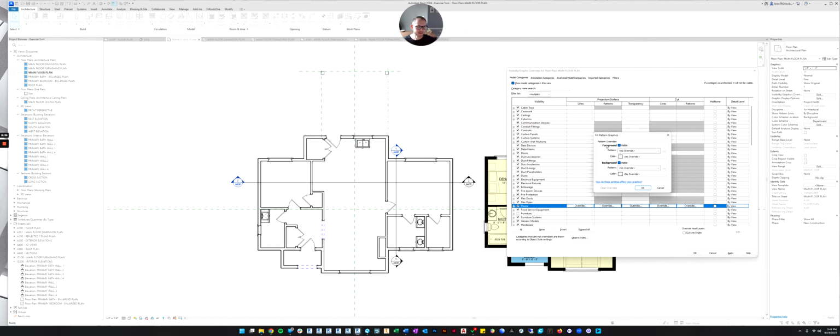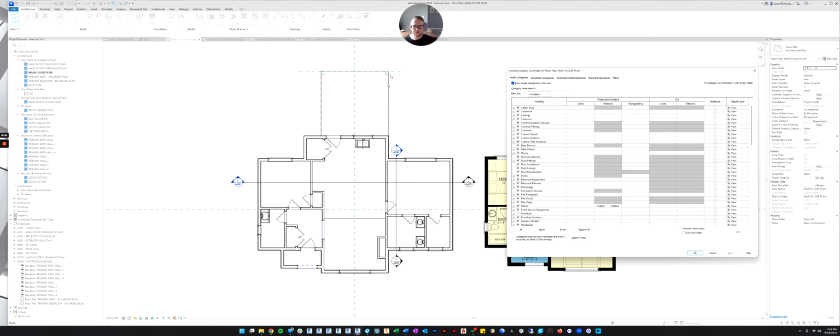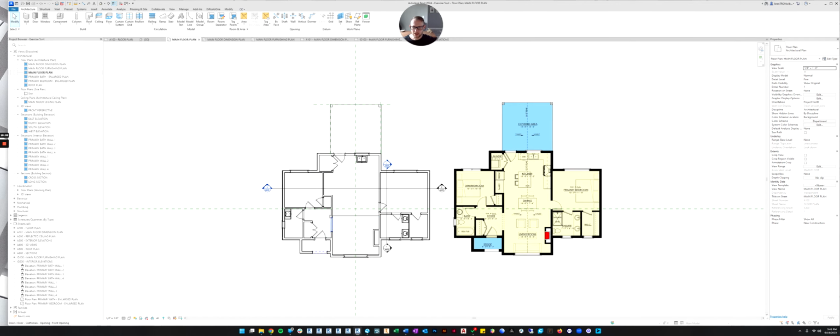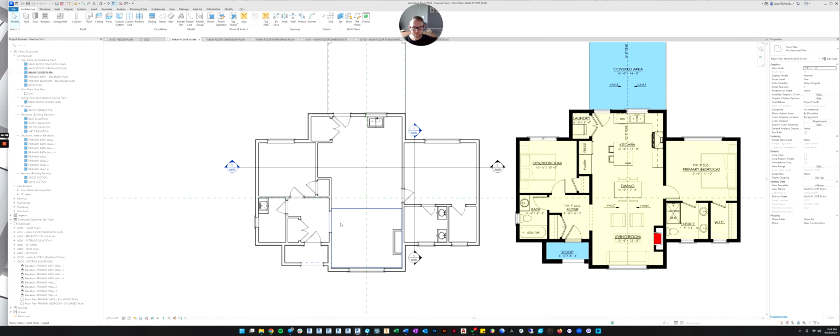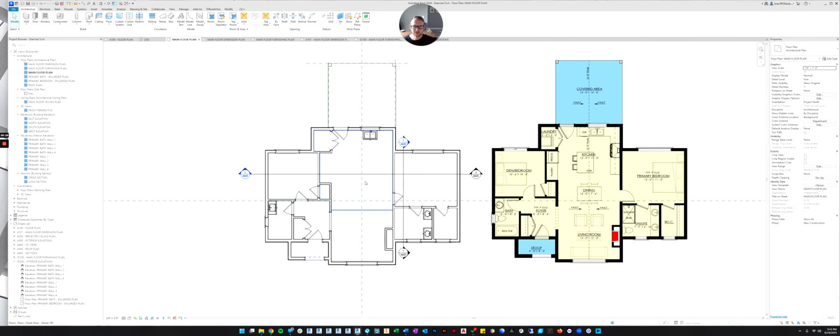So if you click on that, there's something here that shows the foreground pattern and the background pattern. Let's just shut both of them off and click OK. And now you can see the button shows that we've got overrides on this. And now if we hit apply, you can see it put the edges of the floor back in, but it's not showing the patterns in the floor. So that's great. Let's click OK. And now our floor plan looks about like we would expect it to. It's nice and clean and ready for us to start editing or start annotating.